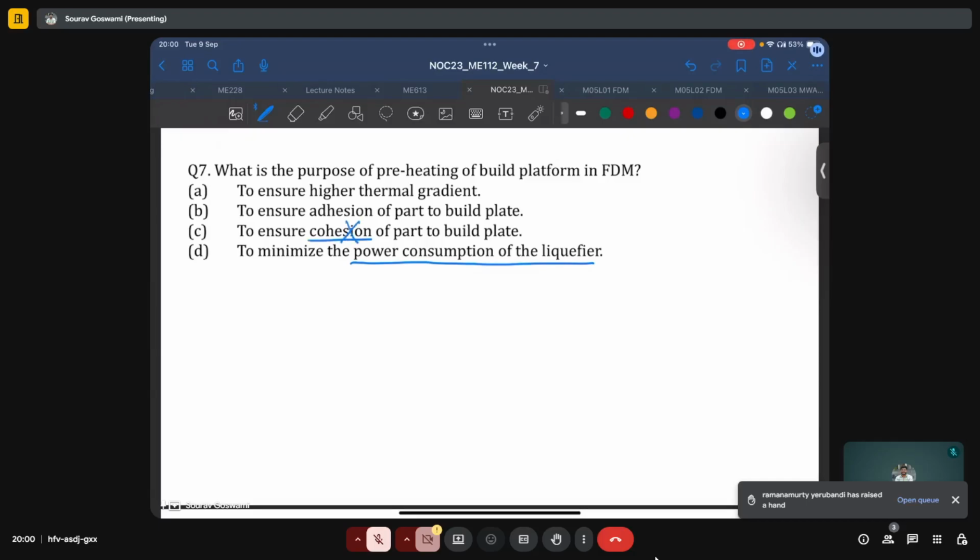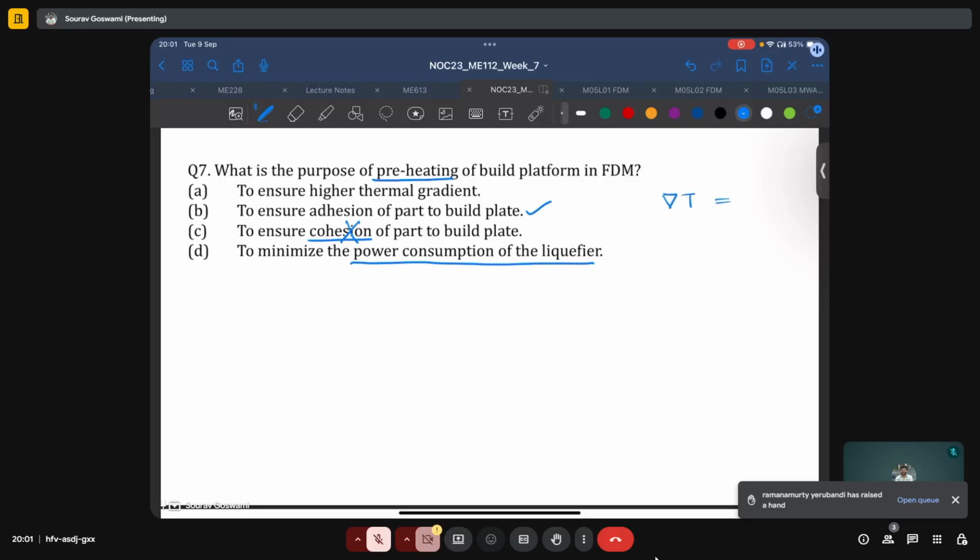Is it to ensure adhesion of the part to the build plate? Yes, it is. And is it to ensure a higher thermal gradient? If we are preheating the build plate, typically in the absence of preheating, the temperature of the build plate would be same as ambient temperature, say around 24 degrees Celsius. But if we preheat it to 60 or 70 degrees Celsius, the temperature gradient,